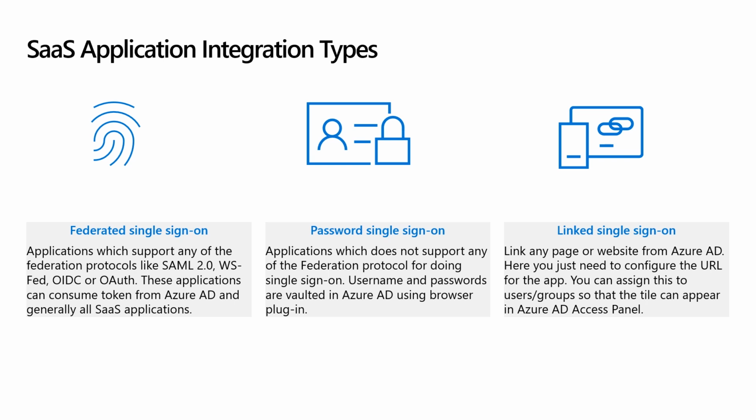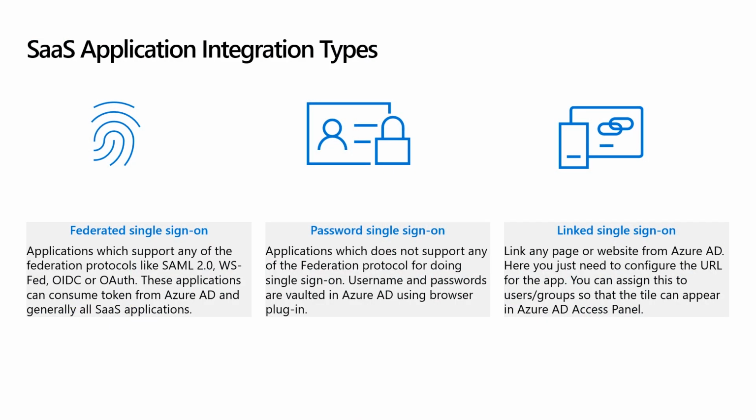So Microsoft Azure Active Directory does provide the plugin for three major browsers. You can see it for Firefox, for Internet Explorer, and for Chrome. This plugin is available, so your users can install this particular plugin, log in to Azure Active Directory, and through that, all these users' credentials for a website can be vaulted in Azure Active Directory. Note that your browser plugin is not going to vault your credential, but through this plugin, the credentials will get vaulted into Azure Active Directory.